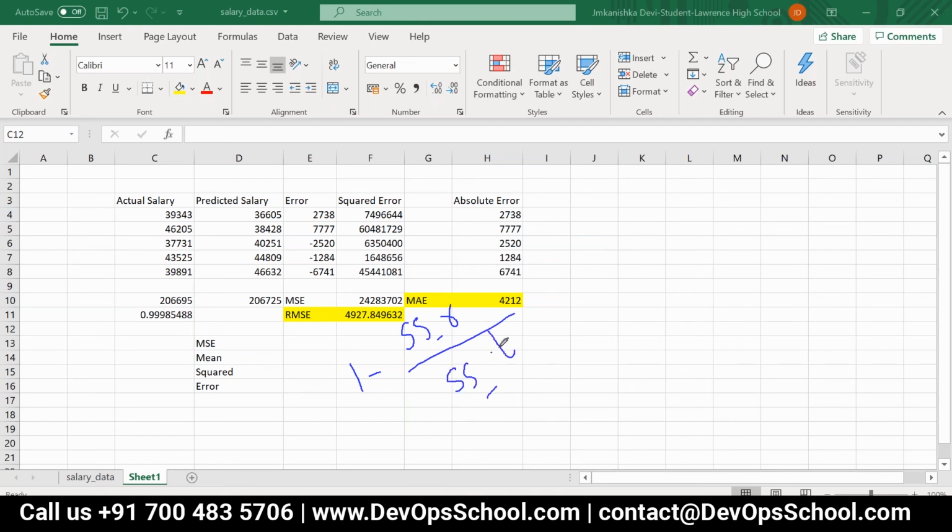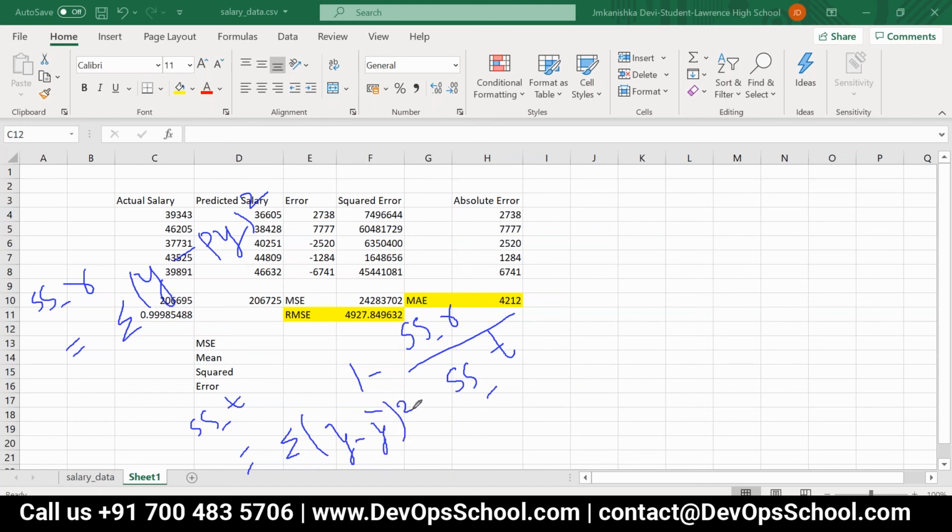This is the formula for R2 score, where SS_R is the summation of y minus predicted y, the whole square, and SS_T is equal to the summation of y minus y bar, the whole square.